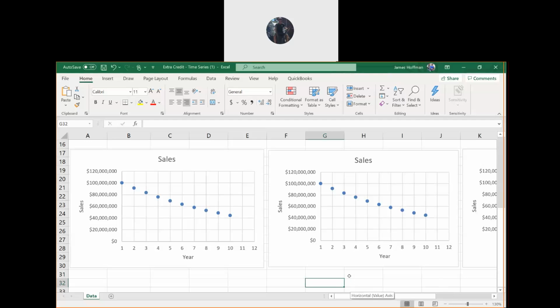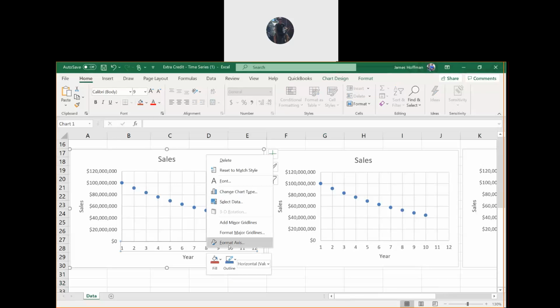Okay, so some students are still having problems with the formatting of the axes, so let me show you one more time. Okay, you have to select the axes. See how it's selected the x-axis, and then you have to right-click it or whatever the right-click option is on a Mac. So you got to get the axes selected, and then you got to right-click it, and you got to get to the format axes option for the x-axis, right?